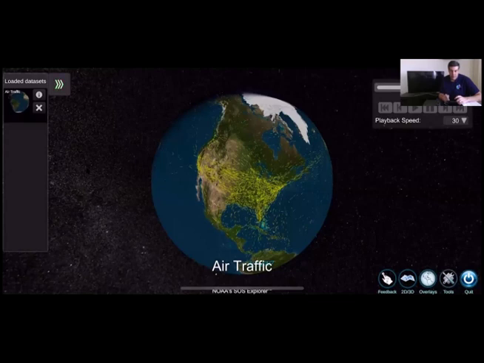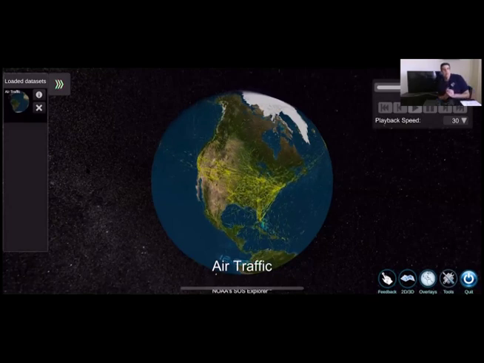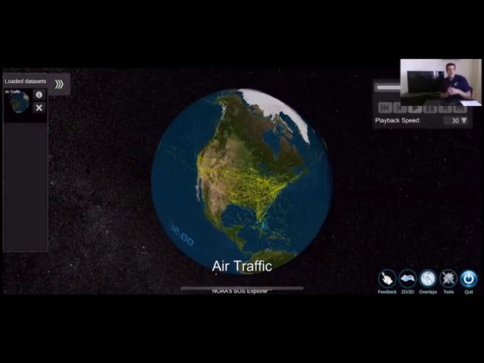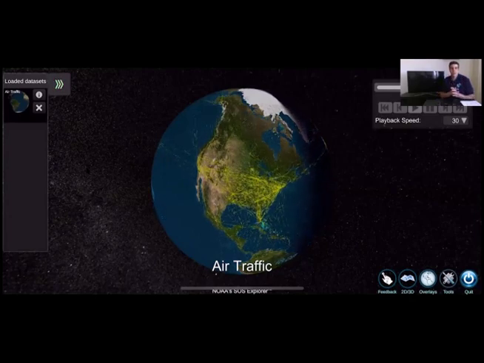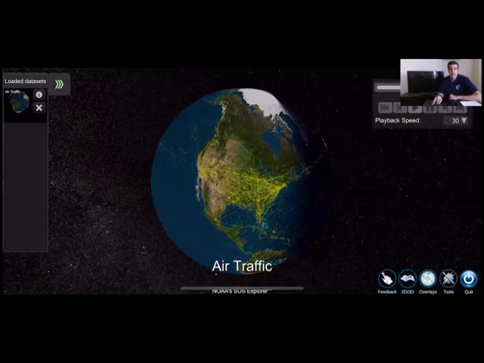Typically about 5,000 planes during the day. And I just looked this up, and currently there's around 2,500 planes that are over the US. So about half, that's likely due to the effects of the coronavirus. But this is not a real-time data set, so this is just showing you on a typical day what that